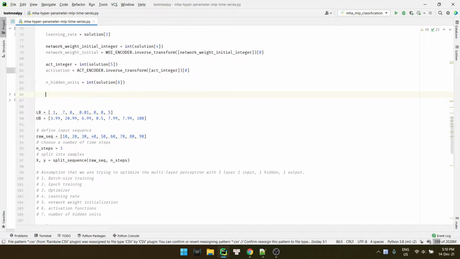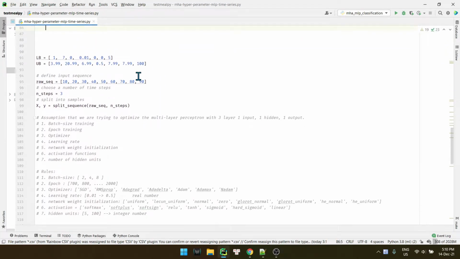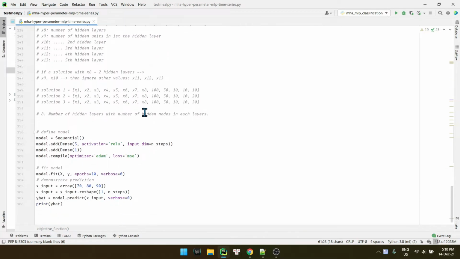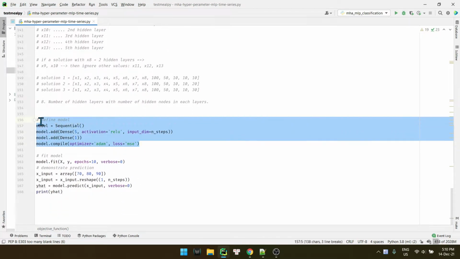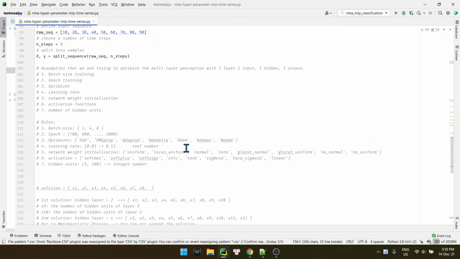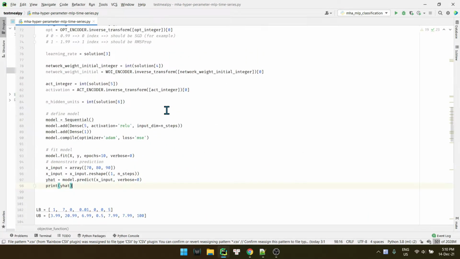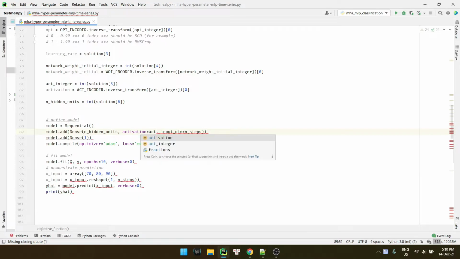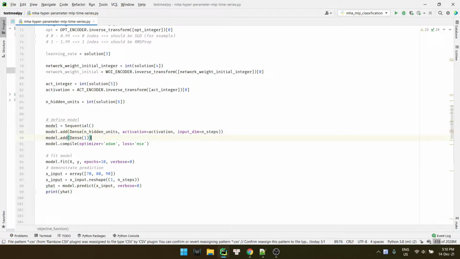So now we need to run the neural network inside the objective function. Here we should copy this. We define the model with the number of hidden units being the number of hidden units, and the activation function being activation, right?